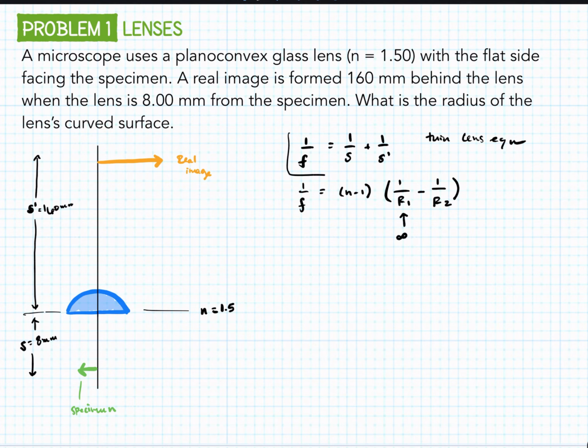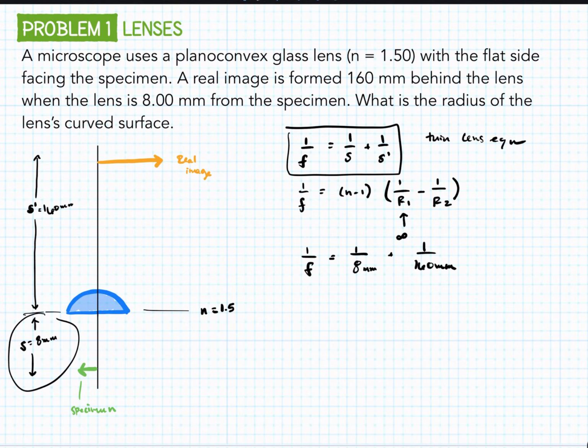So we're going to use this equation, and we're going to figure out our object and image distance. So we have 1 over F is equal to 1 over 8 millimeters plus 1 over 160 millimeters. Both of these are positive because remember S for one lens is always positive, and because this is a real image, S prime is also positive. So our 1 over our focal length should give us 0.131 millimeters inverse, which means we solve for R2, and that's going to give us,